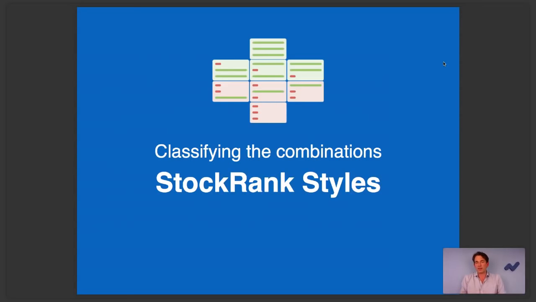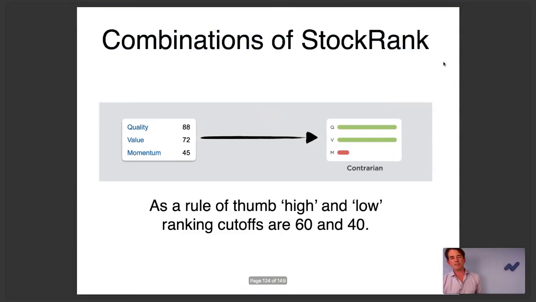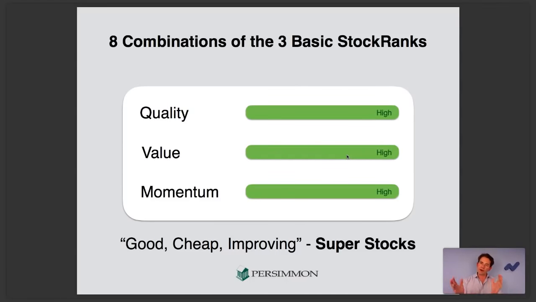And we came up with the methodology for doing this and classifying all the shares in the market according to different archetypes based on their stock rank exposure. So just to very briefly help you understand this, you can think of different combinations of stock rank. If we look at, for example, quality, value, momentum of a share, they might have a numeric score. We can map those to this visual idea of higher rankings being green and full and lower rankings being red and small. And you can combine the three ranks in this binary way in 8 different combinations,